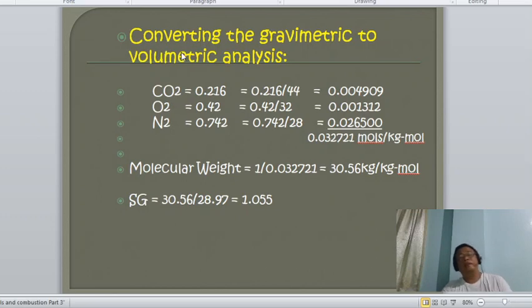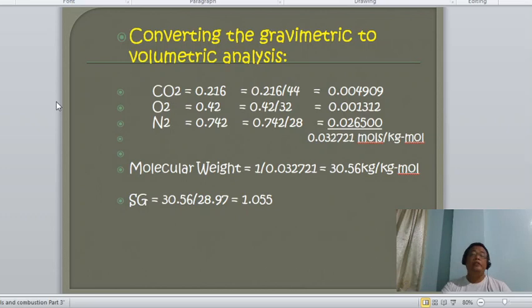So dividing this now, we have 0.004909. So for oxygen, that is 0.42 divided by 32, since the molecular weight of oxygen is 32. So oxygen is 16, multiplied by 2 is 32. So the answer is